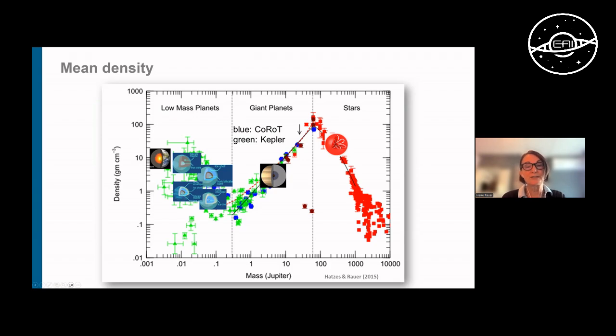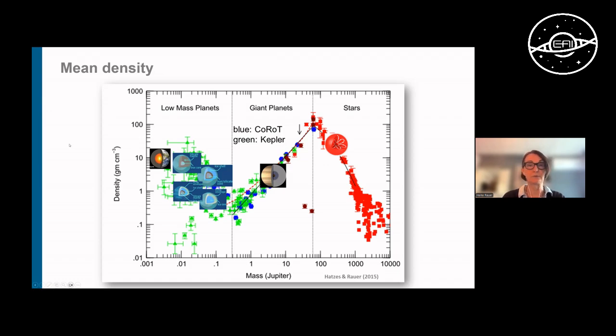There are sketches in here of how these planets could look from the interior. And you notice there's a lot of scatter in the density. There are a lot of different interpretations of how these planets could look. And this is a mess. We have to understand this better and find out what these planets are, what their nature is, and which ones could be habitable. But mean density is a good parameter for planets, for the big picture, to see whether I am on the right branch or the left branch, but